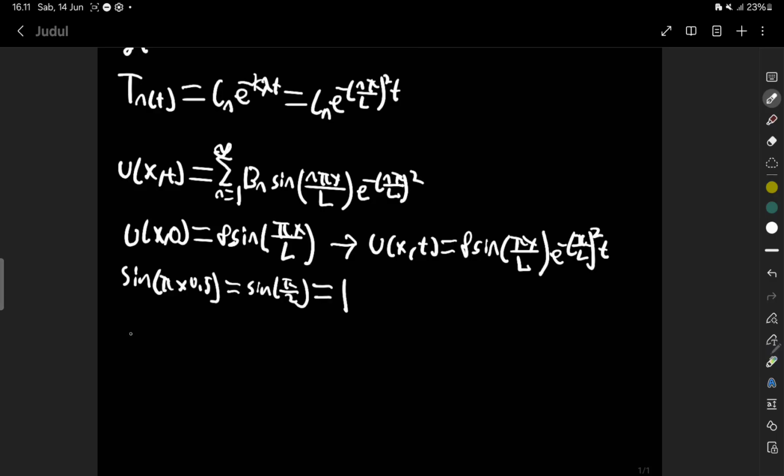So the function u(0.5, 0.05) is 8 times 1 times exponential with the power of minus pi squared times 0.05,